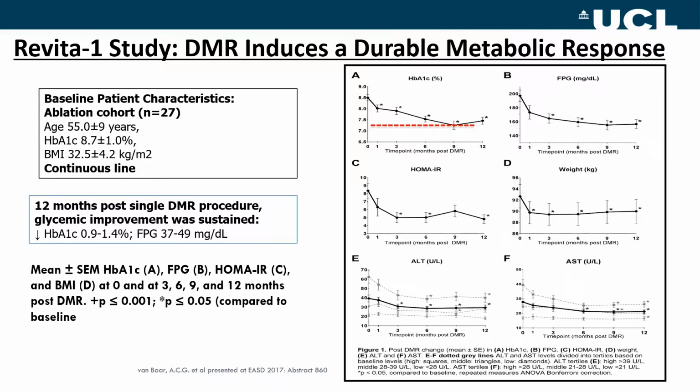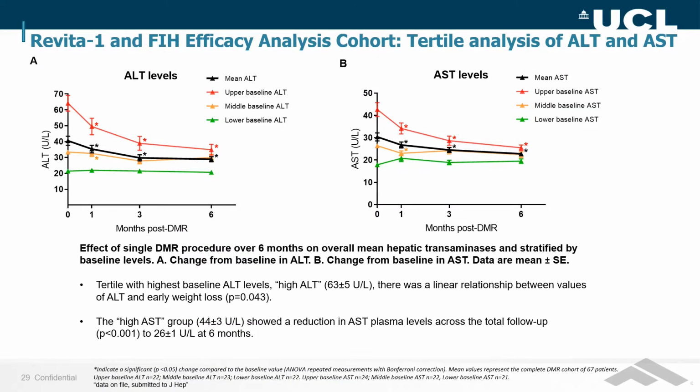What is also quite interesting is that HOMA-IR, which is a marker of insulin resistance, was reduced, but unexpectedly we saw that the liver enzymes, the ALT and AST, were reduced as well. And this led to further analysis and further work, which showed that this single DMR procedure after 6 months led to a significant reduction in hepatic transaminases compared to baseline. And you can see that in these two